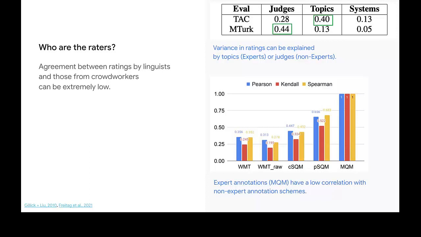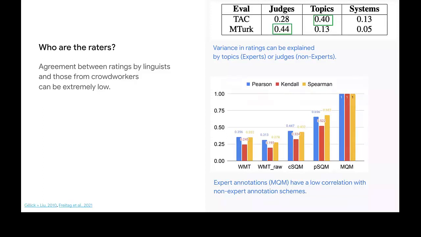A more recent example can be found in machine translation, where there is this yearly shared task on metrics. And here, there was a recent switch from non-expert raters to this MQM system, the multidimensional quality metric system that used expert raters to produce very, very high quality annotations.